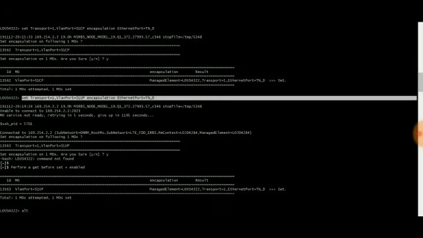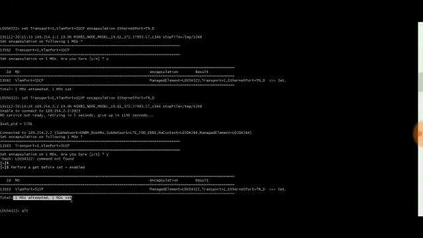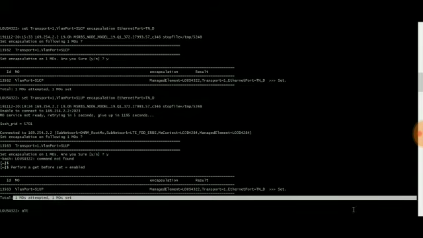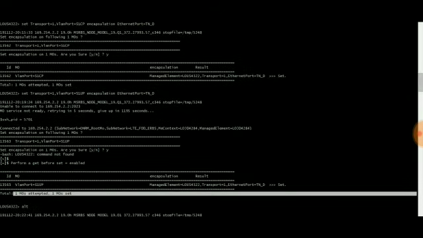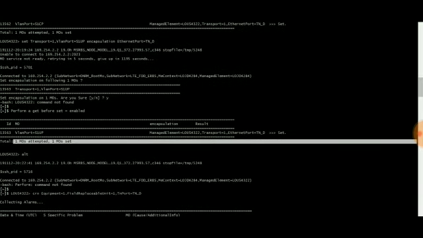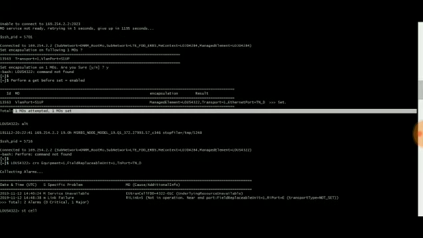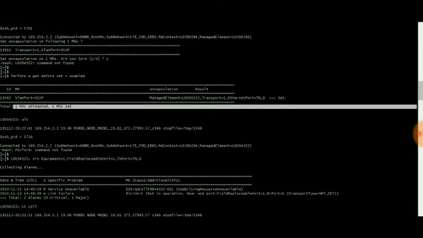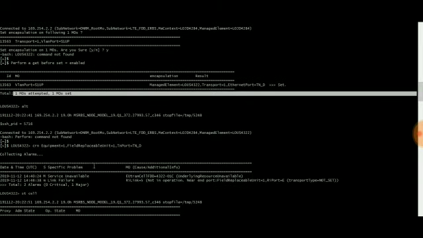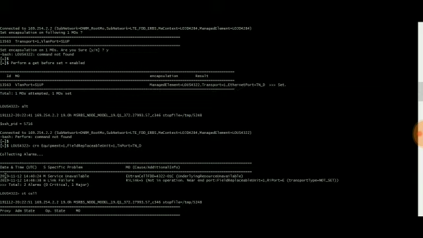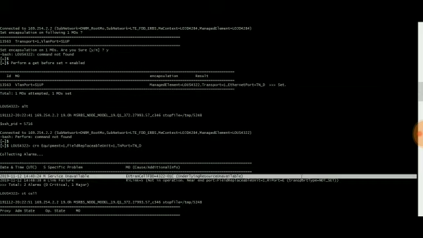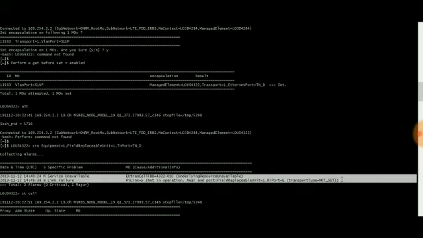Once the MOs are successfully loaded, it will show the result. See, one MO is attempted, one MO is set, which means 100% configured. Then use the command ALT, which will show the alarms list. SOV is unavailable and link failure alarms are currently active in the baseband.